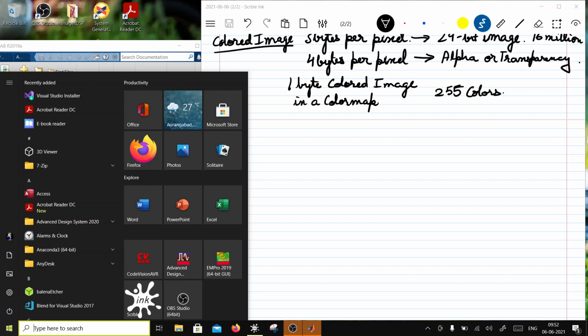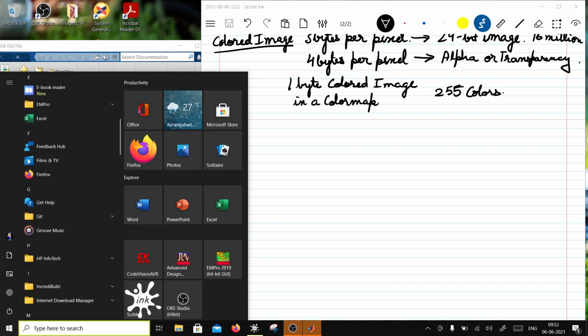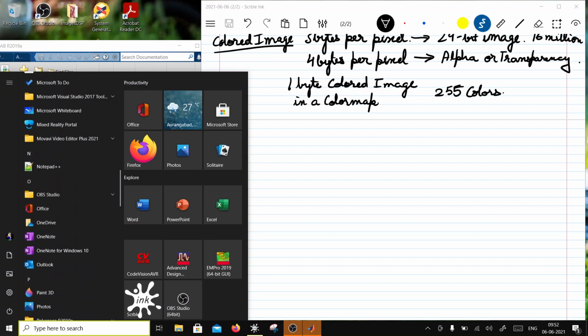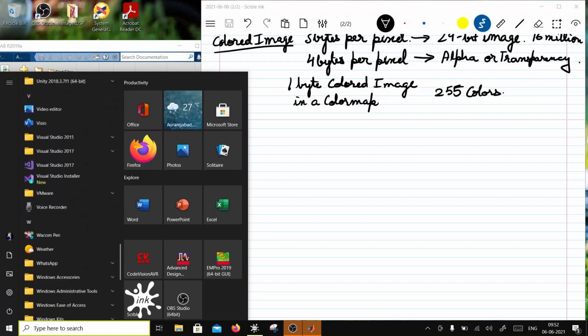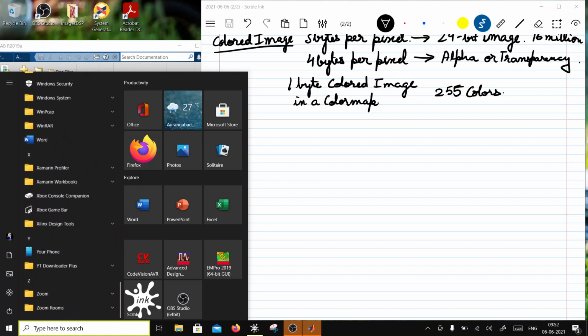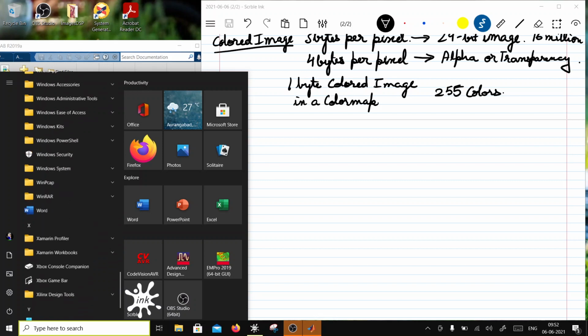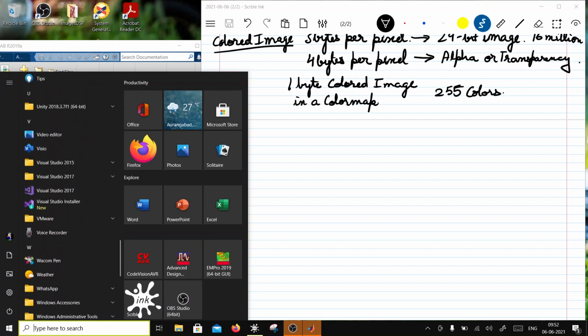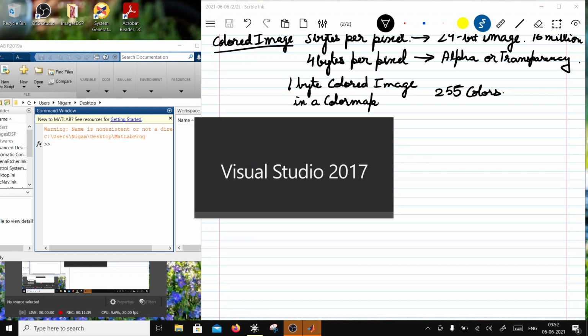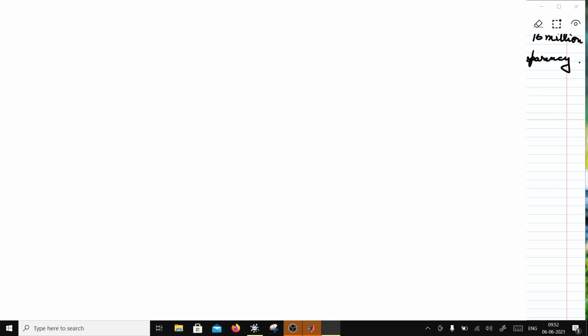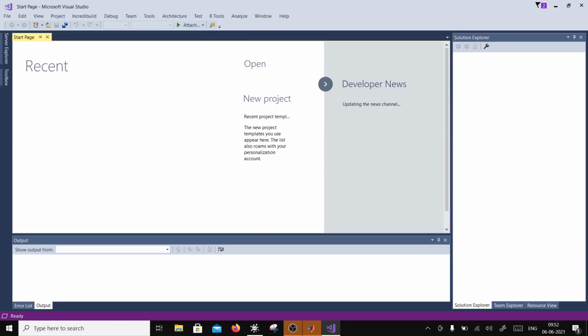So we can go to C and open that image and see the colors. If you are using MATLAB, MATLAB might be doing all the image acquisition part in the background, and you may be totally unaware of what that is.